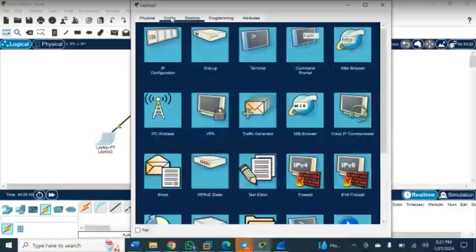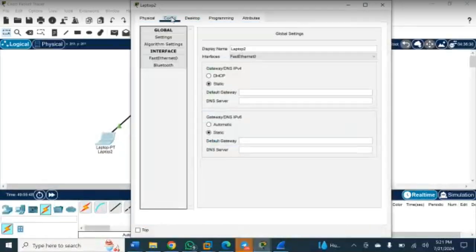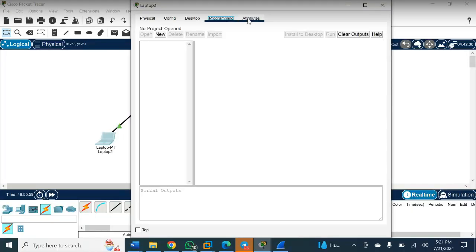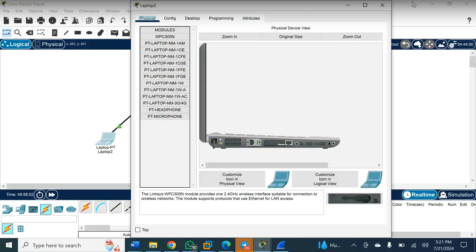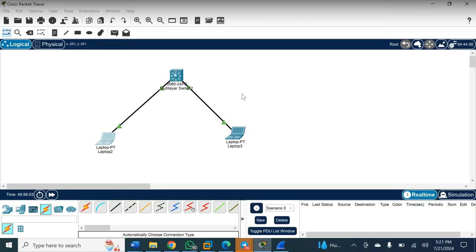So now, how do we set the IP? We can go to config. I don't want us to go through the terminal to set all those things. So going through here, you can see different things. Anything you want to do with it, you can always do it. Now, if I come here,